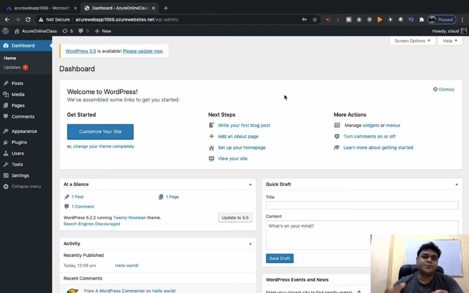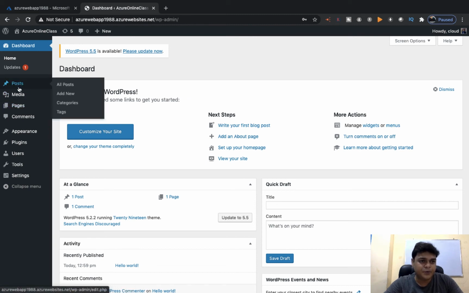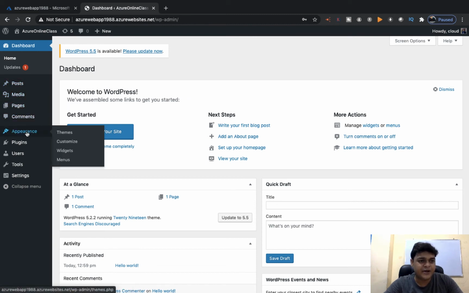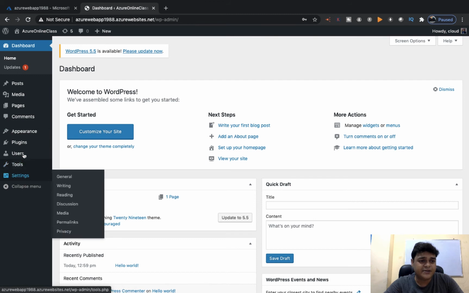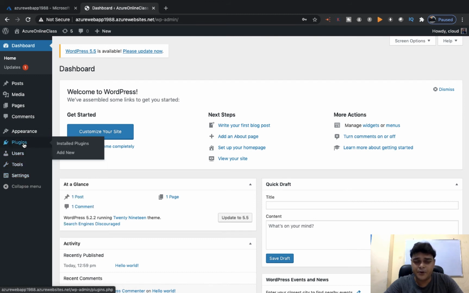Guys, this is the dashboard. As we discussed, if we're talking about the WordPress service, there is no need to use any kind of coding or languages. Even if you don't know about languages or coding, you are able to design your own website. So this is the page where we can design our website. We have lots of options available: post, media, page, comment, appearance. You can select multiple themes, you can configure the template, settings. Plugins is also an important tool of our WordPress service.